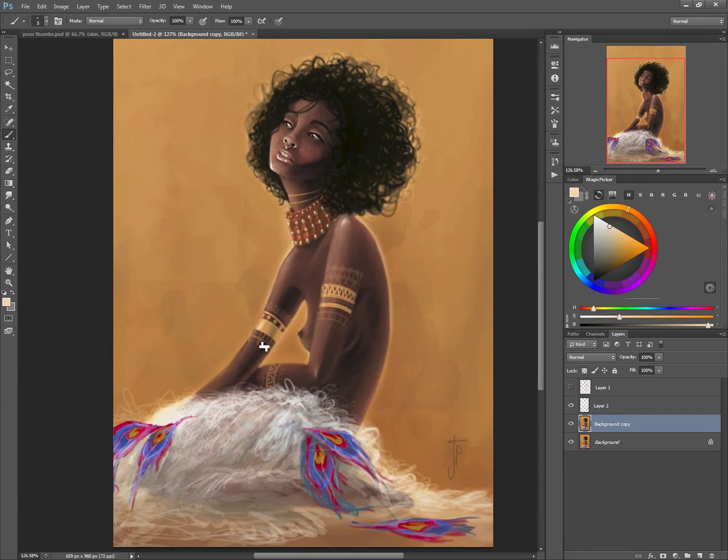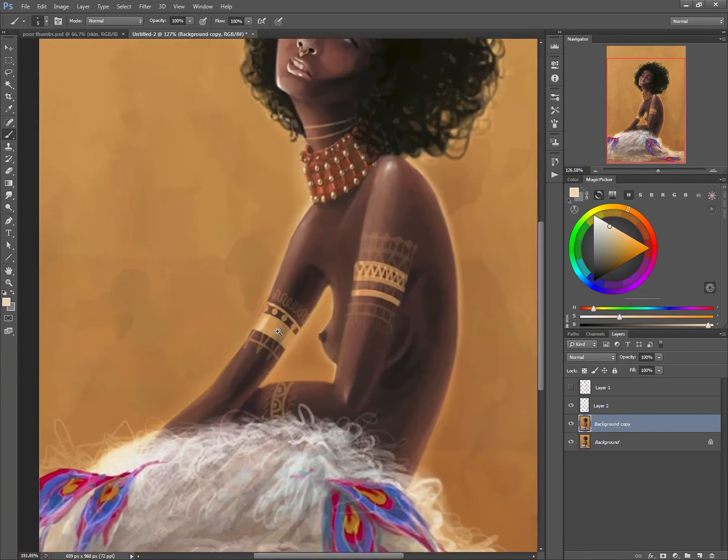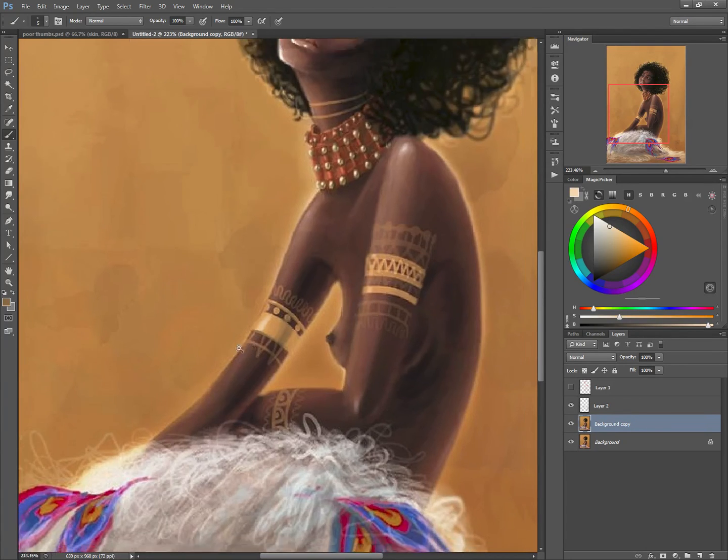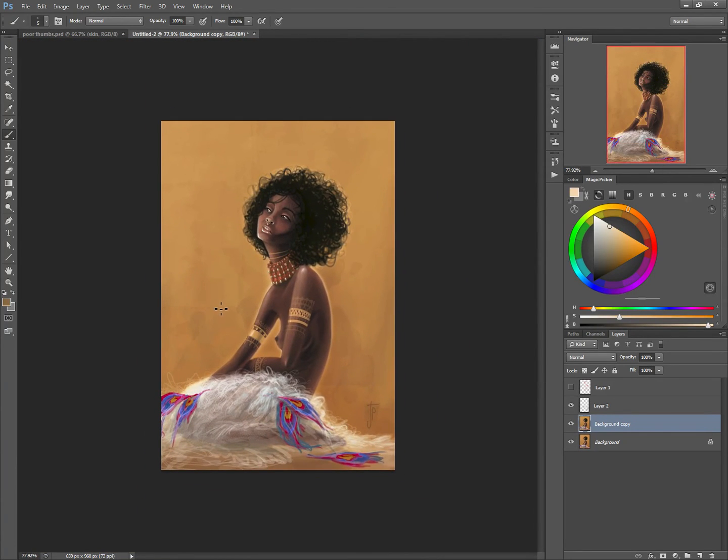And if it's also gold, if there are wraps around the character, you want to also have definition to it. So you're just going to add thickness to the bands, to everything like that. But the big thing is figure out where your light is coming from and add a little bit more color